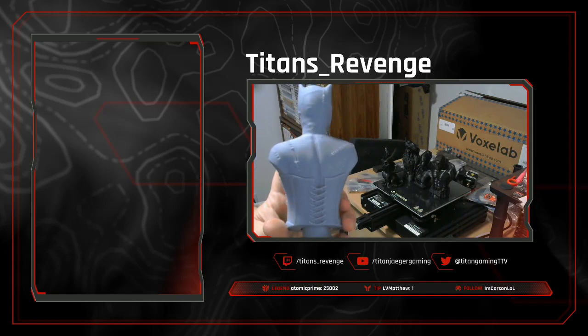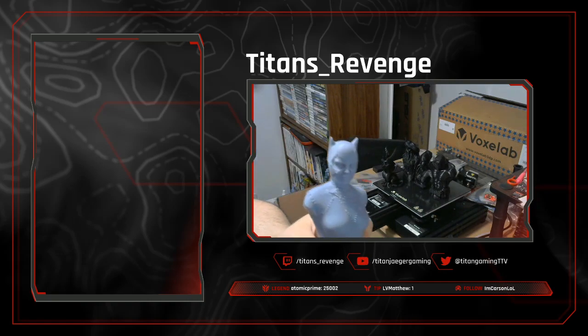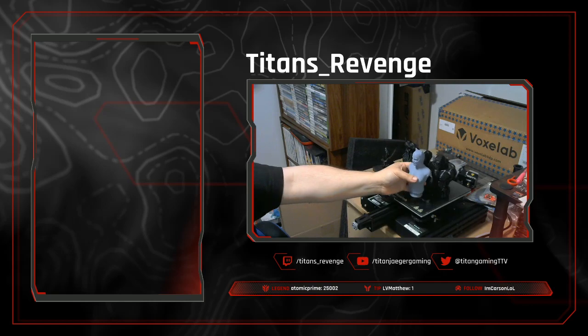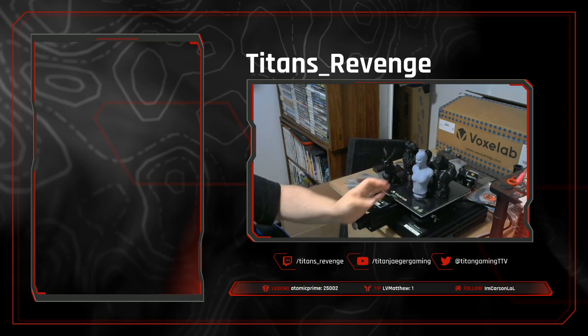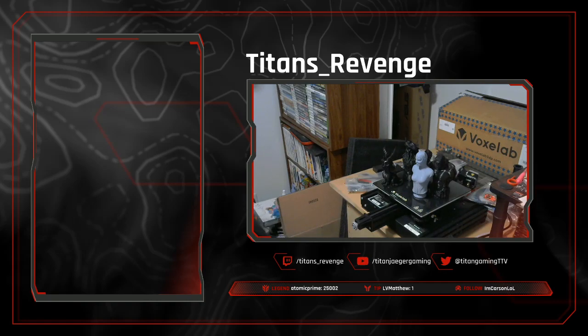The little corset on the back, it's got everything. This was actually printed in resin. It prints faster. It prints in more detail. As you can see, it's still about the same height as those. The difference is